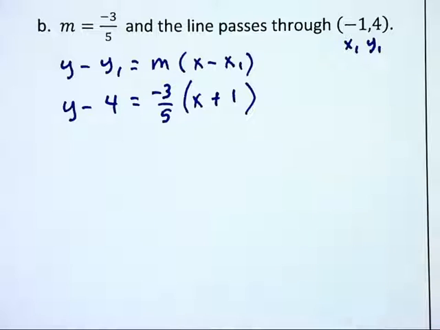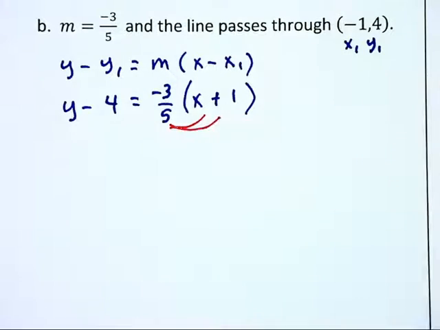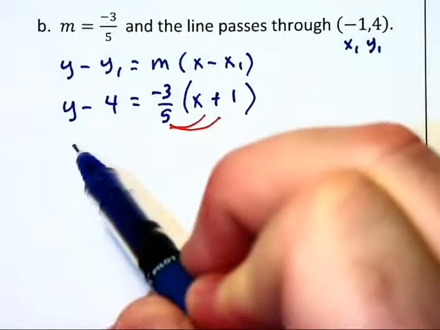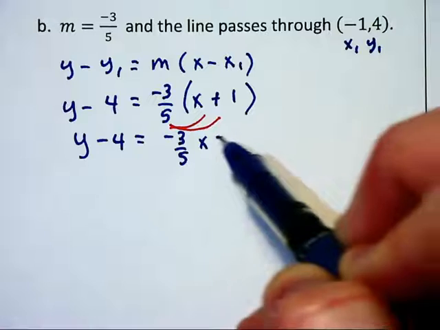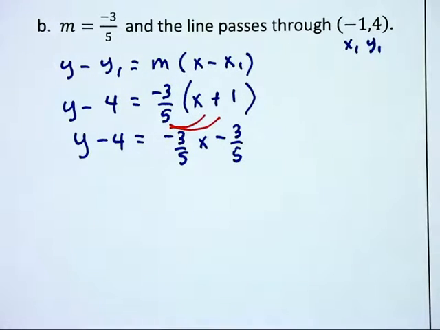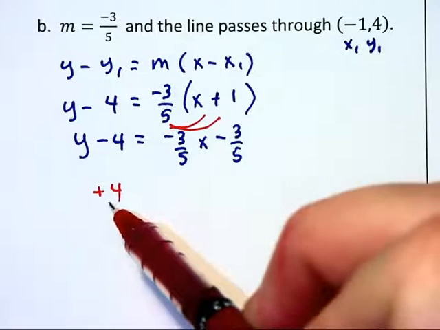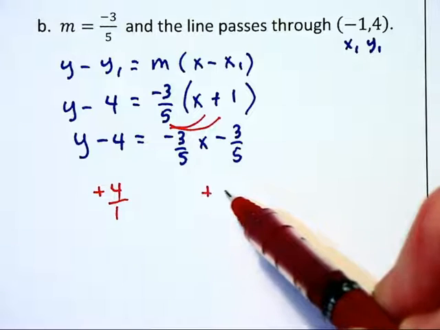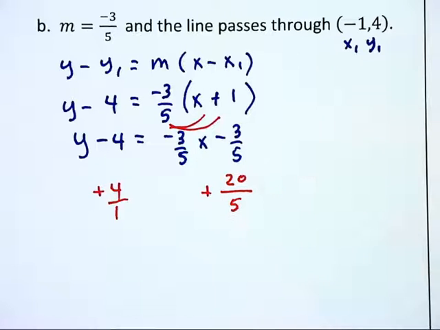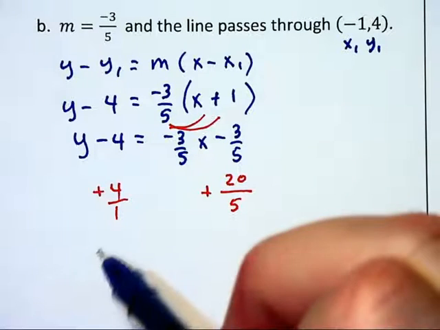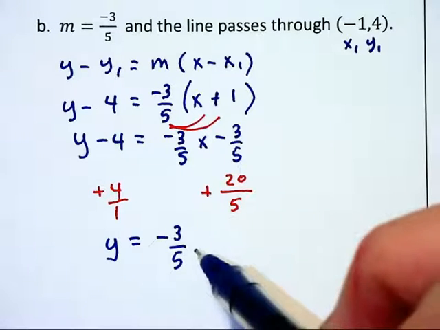And that really is the equation of the line right there in point-slope form. But since the directions asked us to put this into slope-intercept form, we want to do some distribution and cleanup to write it with y equals. So we have y minus 4 is equal to negative 3/5 x minus 3/5, and then we want to add 4 to each side. But on the right we have fractions. So if we think of this as a 4 over 1, we can think on the right of this as being 20 over 5, so that we have a common denominator with which to add the fractions. And we will find that the equation of the line we're looking for will be y equals negative 3/5 x plus